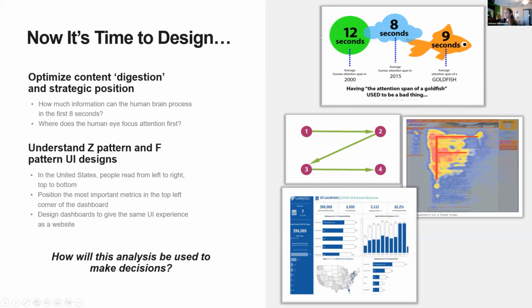Now, this is the part I was telling you about. I don't know why. Okay, so this is an old slide I found out there, and I always use it as a joke. I teach Tableau, and I always use it as a joke when I'm talking about this design section.